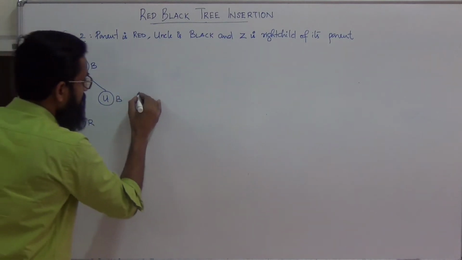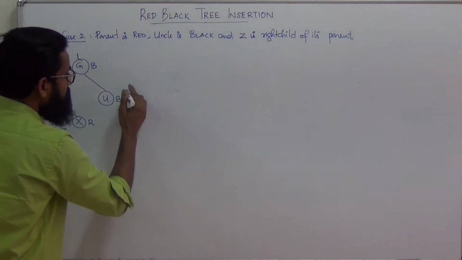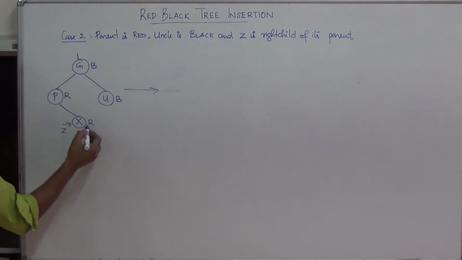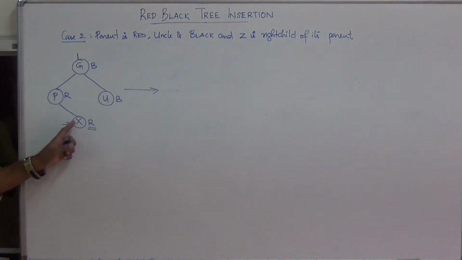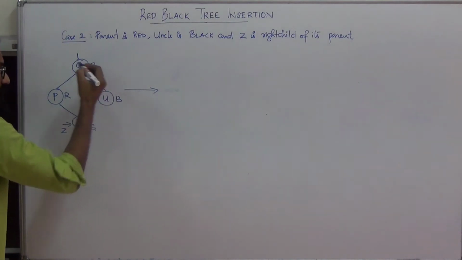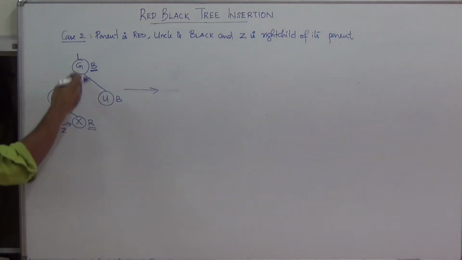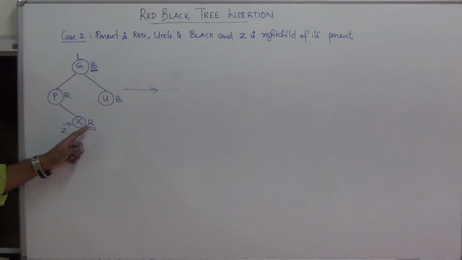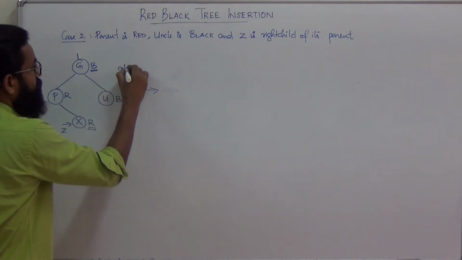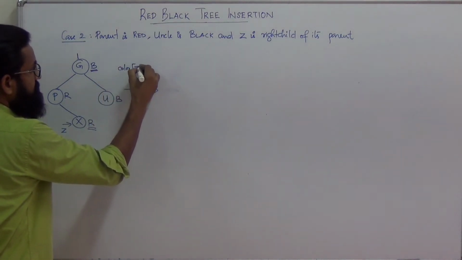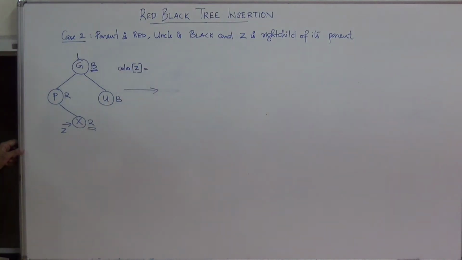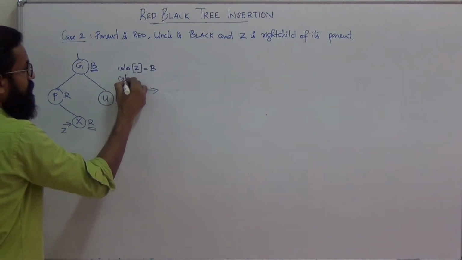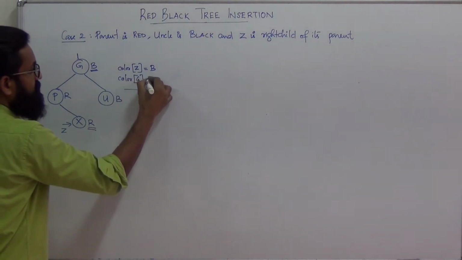So in order to resolve this case, what you have to do is, first you have to perform some color change operation. You have to change color of new node and color of grandparent. So you can memorize it like this. You have to change color of nodes that lie diagonally. So you have to change color of new node and color of grandparent. So color of new node, referred by Z, will be changed to black, and color of grandparent is changed to red.